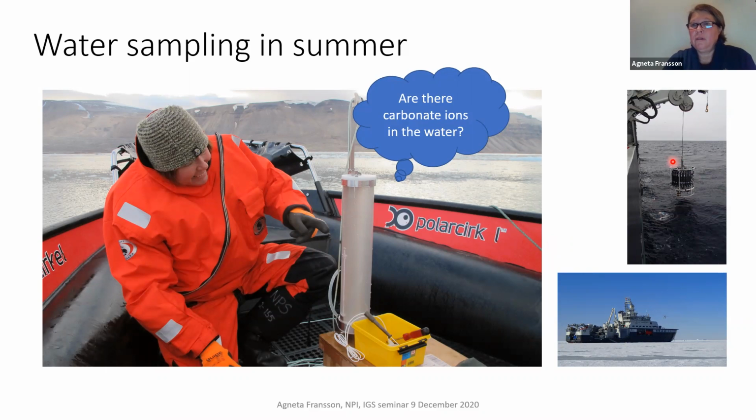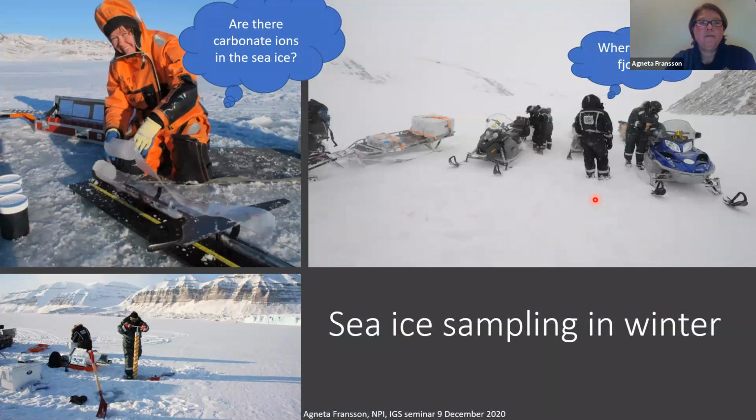And then you have a rosette with several of these Niskin bottles. You can have water sampled at different depths. We also sample sea ice, and we drill these ice cores using the corer, and we cut the ice cores in pieces and we melt them, and then we analyze them with regard to different chemical substances like carbonate chemistry, pH, and nutrients, and isotopes, and salinity. And temperature is of course important.